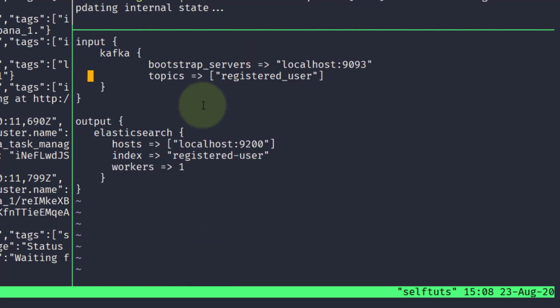Now we need to do some modification. I'm going to provide the IP address. Because I'm running everything here, the machine has the IP address 192.168.0.10, so that's why I'm providing this. Now, where is the Kafka bootstrap running? It's running on port 9092, which I have shown you previously. The topic from where we'll be reading is registered user, because we are publishing the data there itself. Now the output is Elasticsearch, which is also running on this server only, so I need to change the localhost here